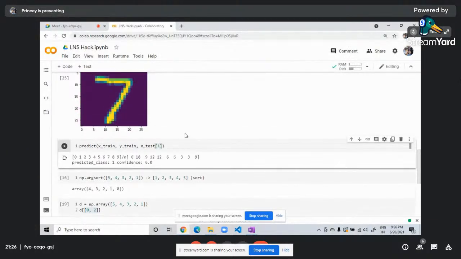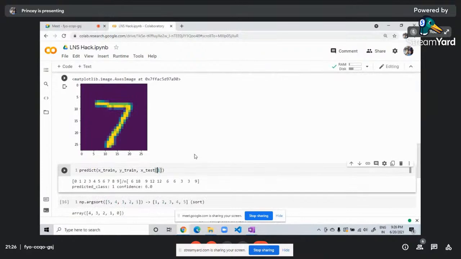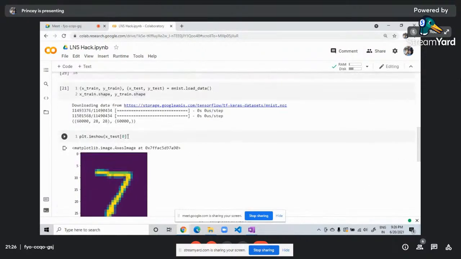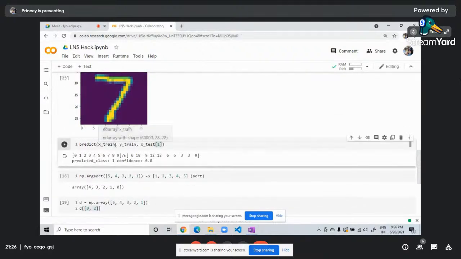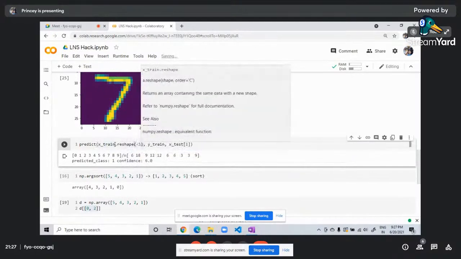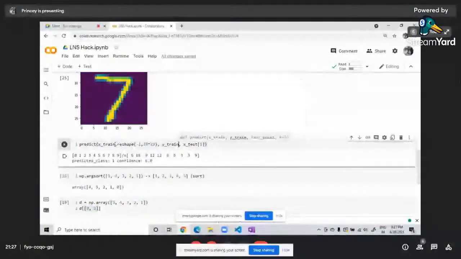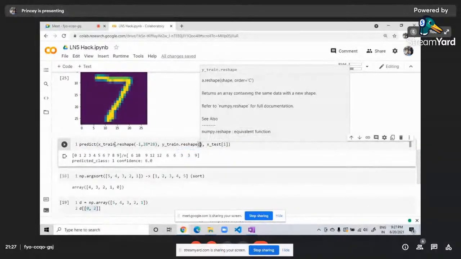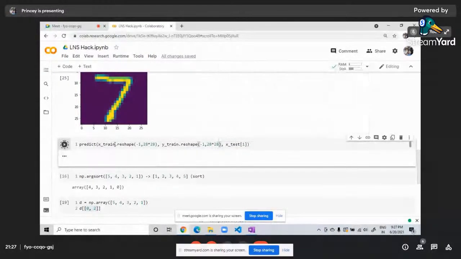Let's check out x_test 1. Oh, okay. As I said, we need to reshape, right? We cannot pass it like this. We need to reshape it, dot reshape. By reshaping, I'm simply flattening the input images into a 1D array. Right? So if I now run this,